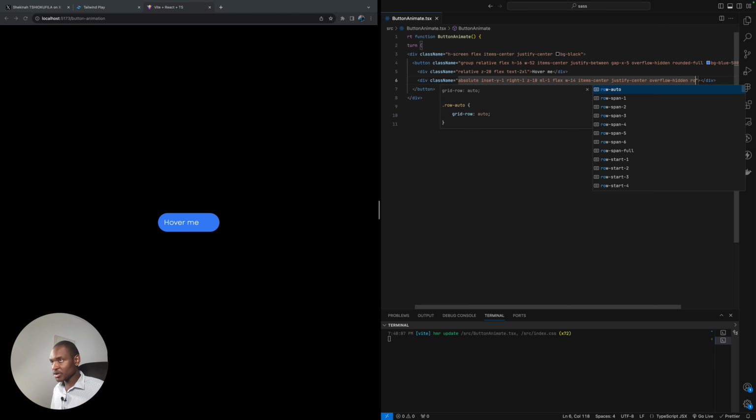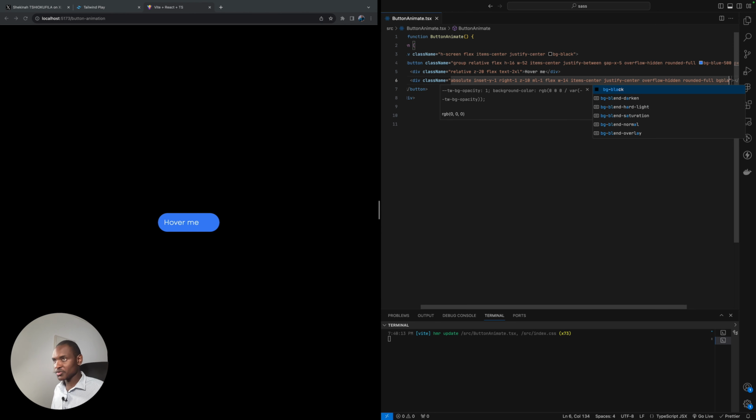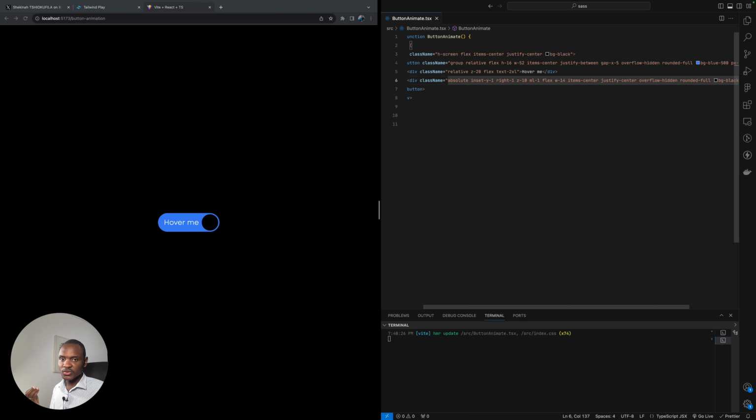And here we use rounded full, to also have this appearance of border radius, and it will be beautiful. And the background here, we are going to use black. As you saw previously, it was black, and we have this directly appeared in the left part of this screen video. Okay, and after that, what we're going to do next,